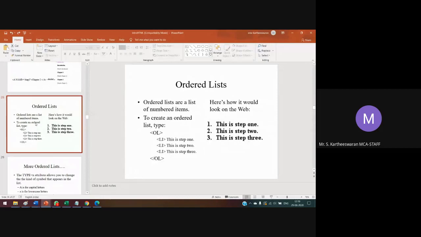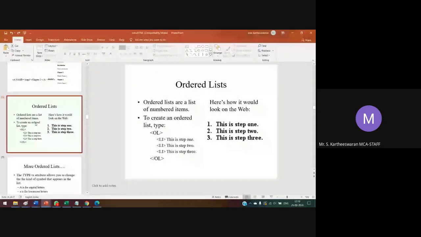Using the OL tag, the ordered list tag, we order the sentences, ending with the slash OL tag. Then the output of the OL tag is 1 point, this is step 1, 2 point, this is step 2. So this is called an ordered list. Using the OL tag, you have to show it in your website.